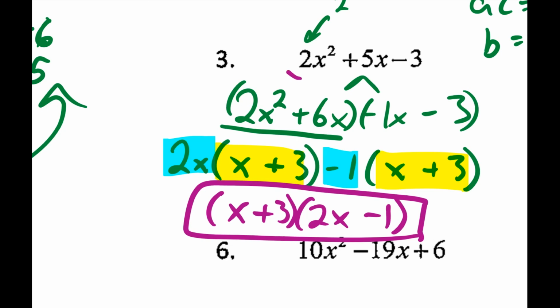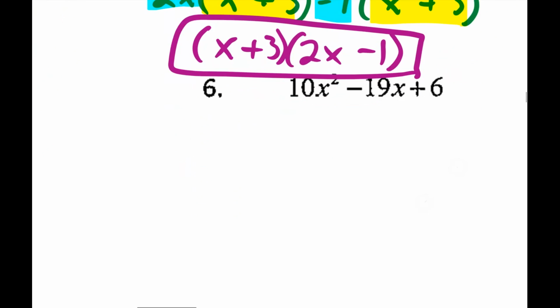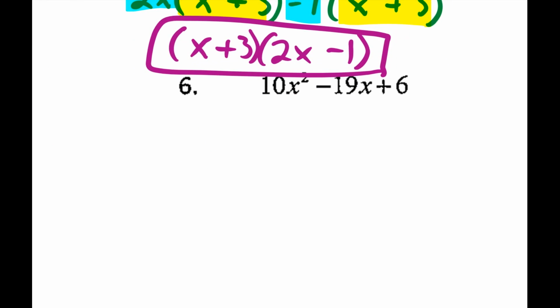And so when we have this number in front, this a not equal to 1, there's a little bit of an advantage in using this split and grouping method. I'm going to jump to number 6. When I look at number 6, I get A and C